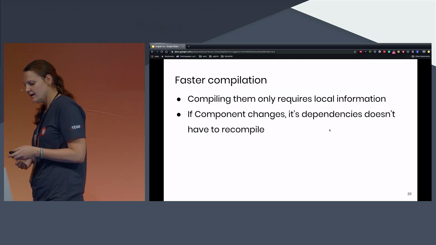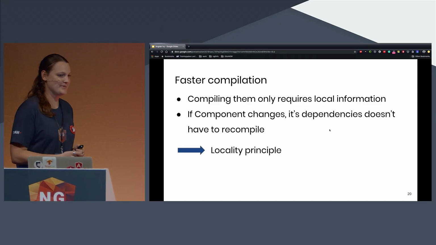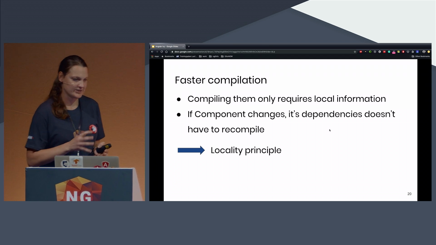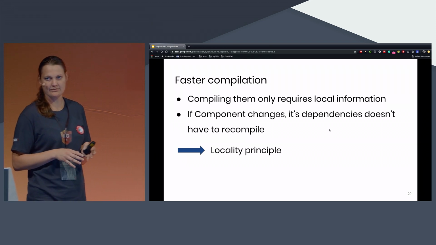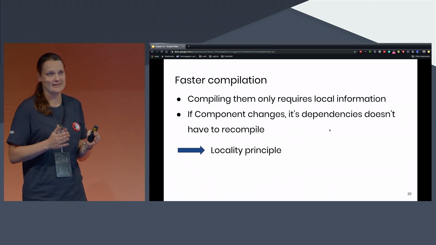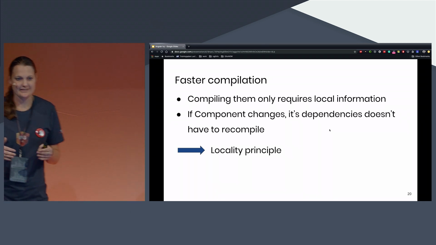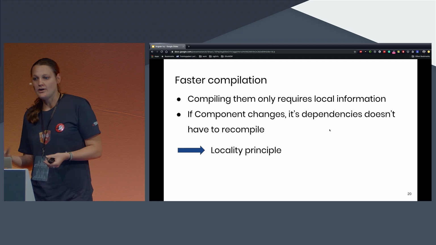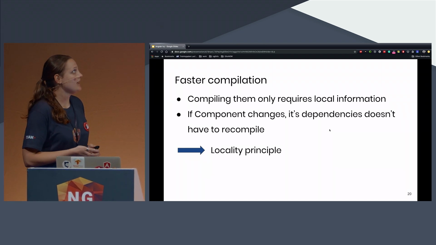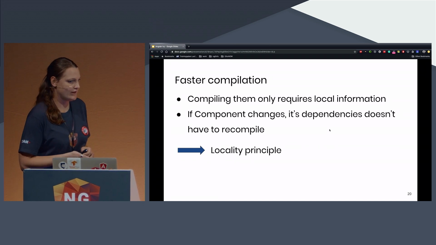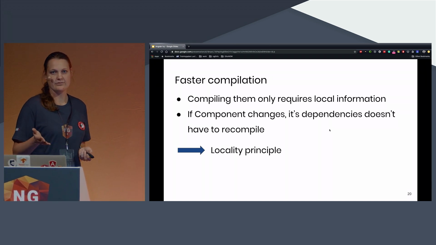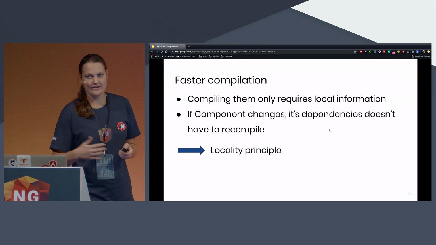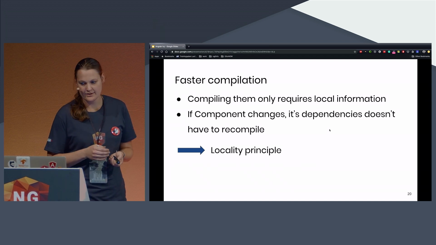So there was a thinking, the so-called locality principle, that we just have a single file compilation. So we just tell, okay, this component has an ngIf by default, but why does the component need to know what the dependency of the ngIf is? Or maybe you write your own structural directive. So there's no point in doing that and in knowing that. And so thought the Angular team as well. So they created something called single file compilation. So if a component got recompiled, nothing else needs to be recompiled as well.